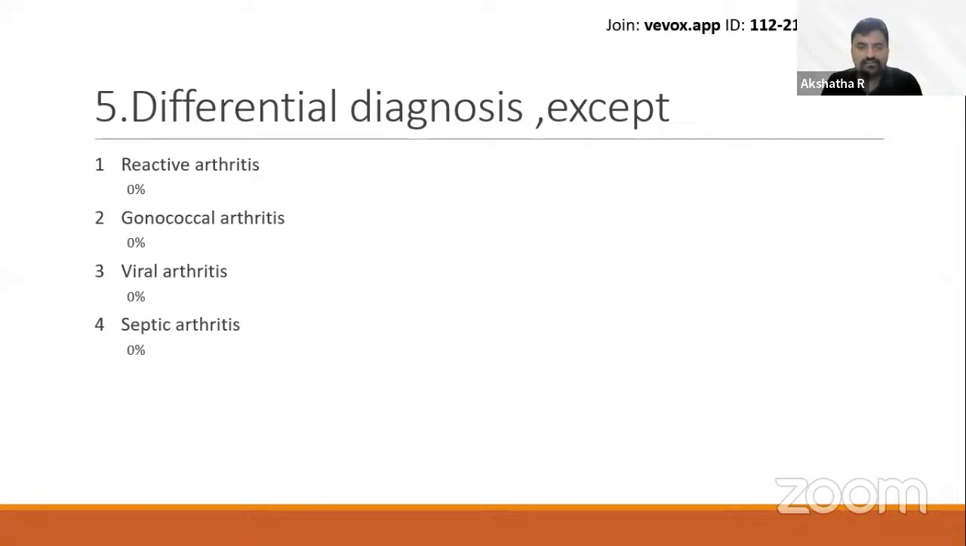Reactive arthritis, gonococcal arthritis, viral arthritis, and septic arthritis. So the first three choices were wrong, and septic arthritis was the correct answer. So with these diagnoses, arthritis and viral arthritis, compared to gonococcal arthritis, which presents with symmetric polyarthritis, it presents with asymmetric